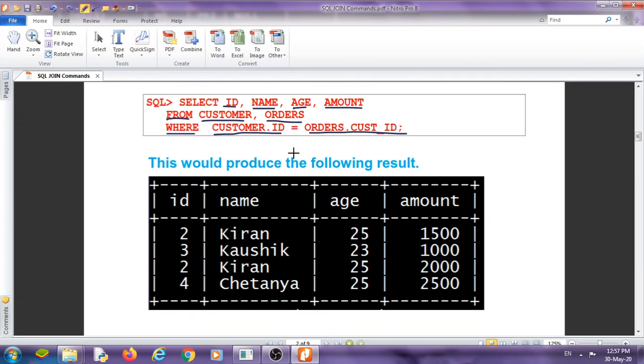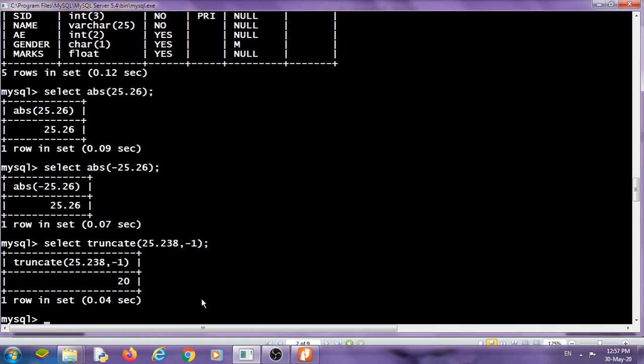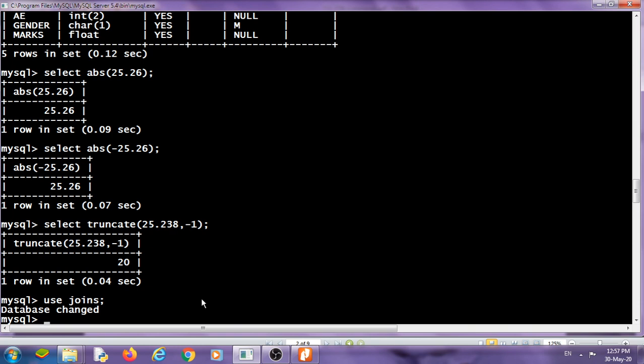Now what will be the result? Result will be this. Look at the structure of the table. Use joins and show tables.